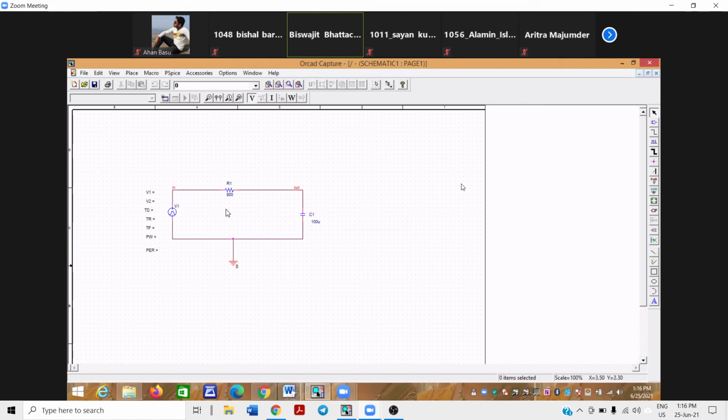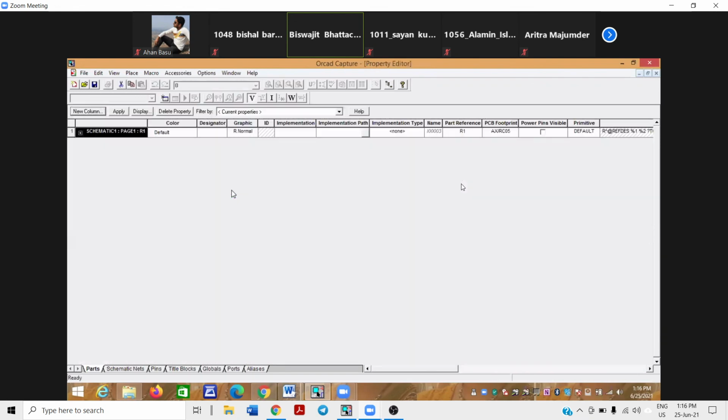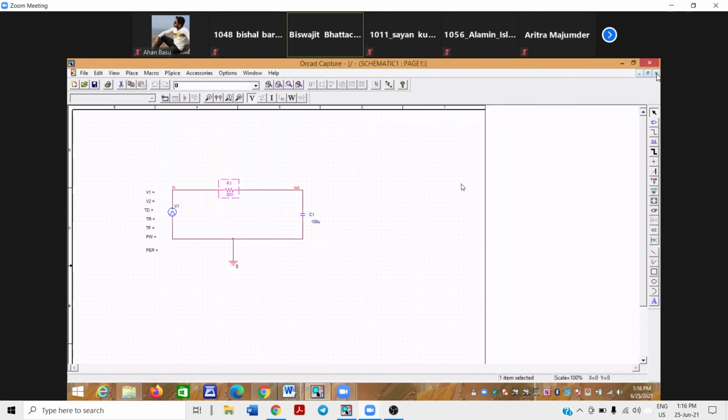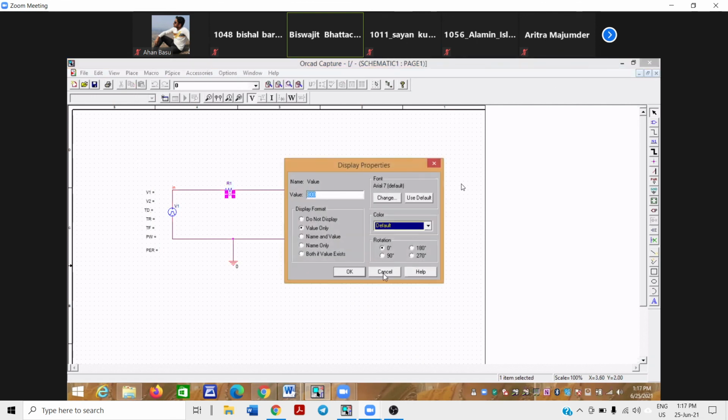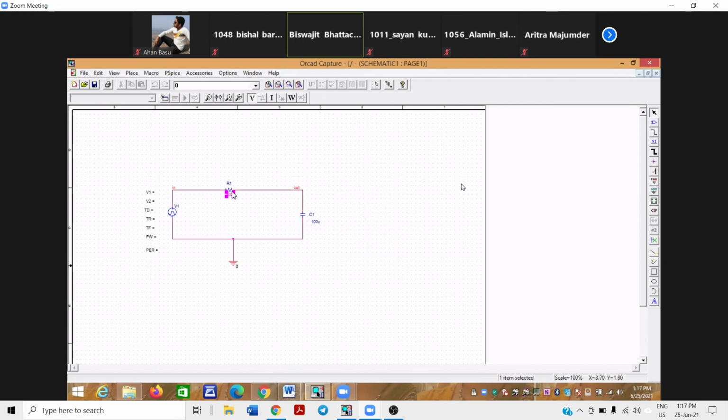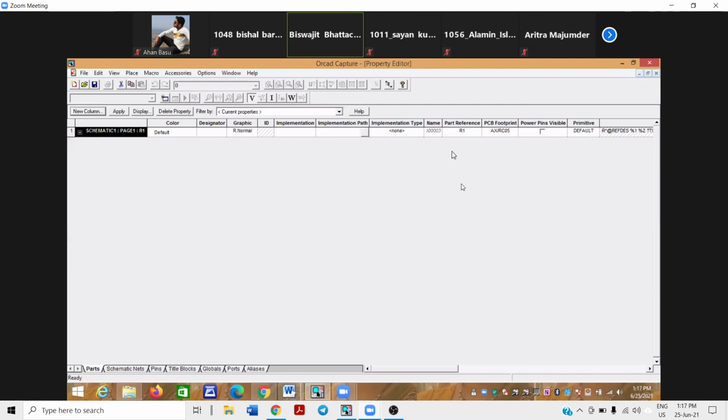Just click on the value. If you click on the element, a lot of other things will come, so just close it. It is sufficient to click on the value only. But if you click on the component itself, then a big window with a lot of other things will come. There you have to put the value and change it.